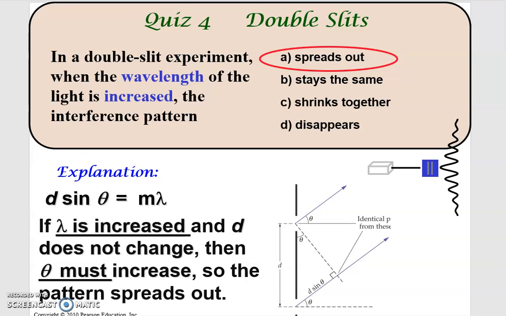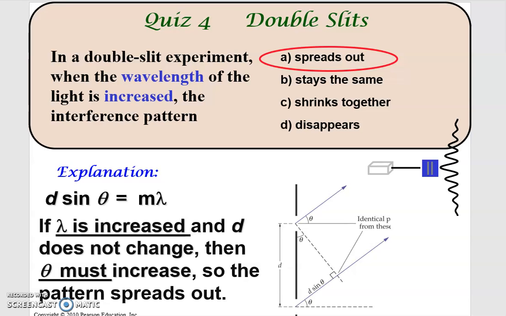So the answer for this quiz is A. But personally, I think it is not as straightforward. The reason is because when I gave you an introduction about the interference, the variable time is not considered. But here, because the wavelength evolves with respect to time, the interference pattern also evolves